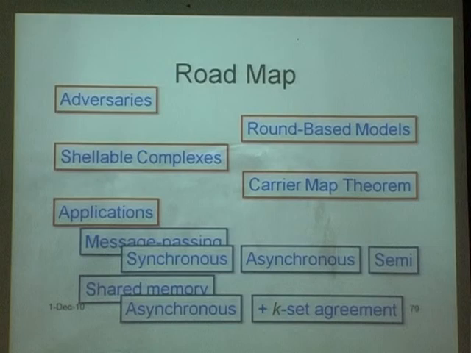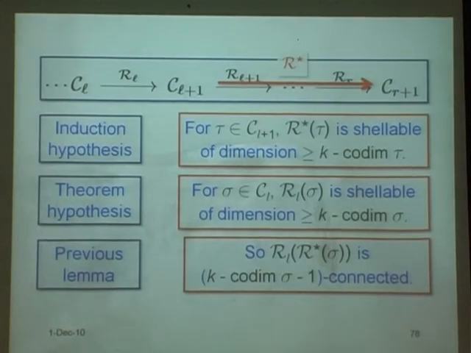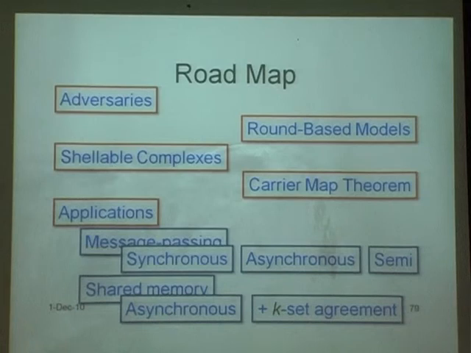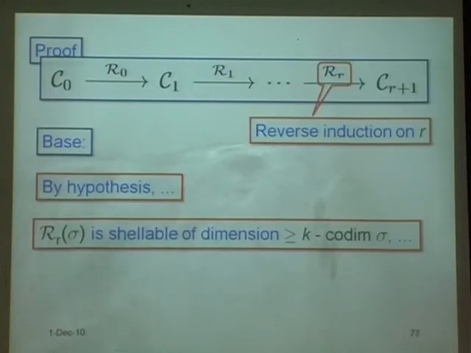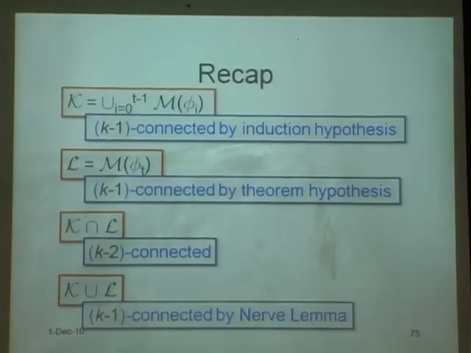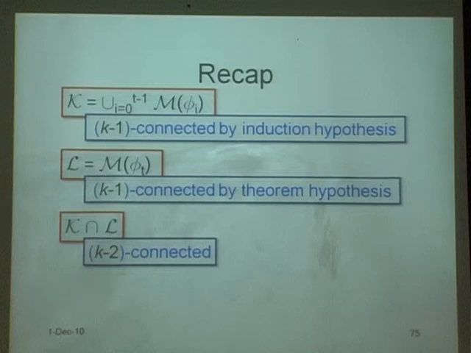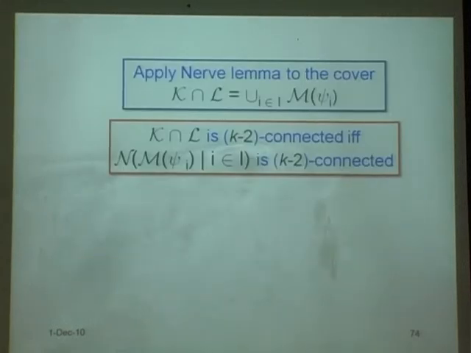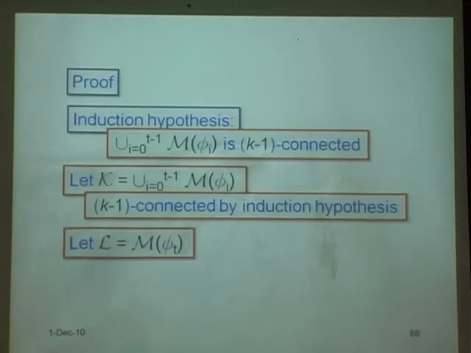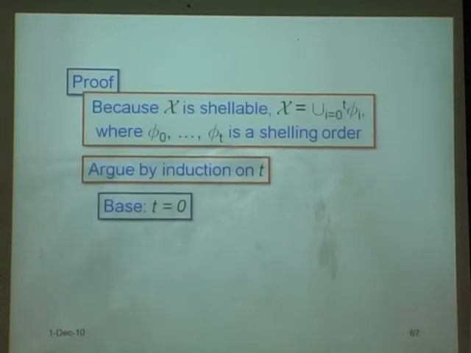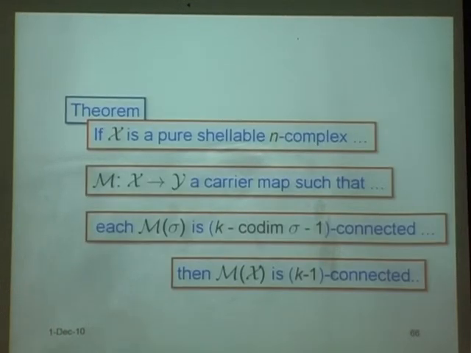What's the minus 1? It confuses me. The induction hypothesis tells you that R star is k minus codimension minus 1. Oh, so the previous theorem says that your k minus... so that says that if this is shellable,